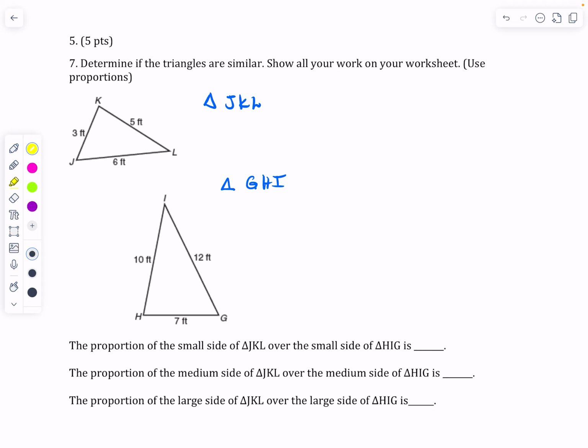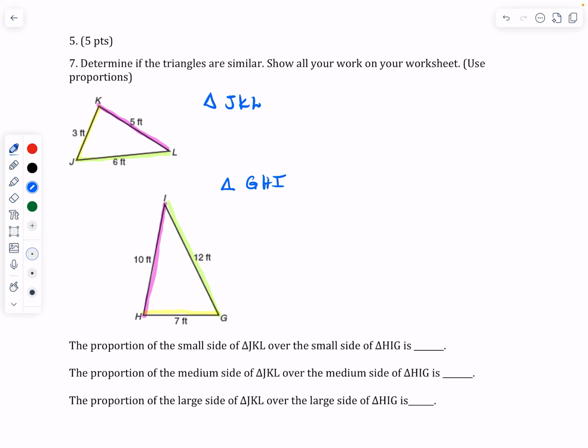So the first 2 letters are JK. The first 2 letters of this are GH. So those are going to be yellow. The next 2 letters are KL, and the next 2 letters are HI. And then J going back to L is going to be green, and G going to I is going to be green. Okay, so now that they're color coordinated,